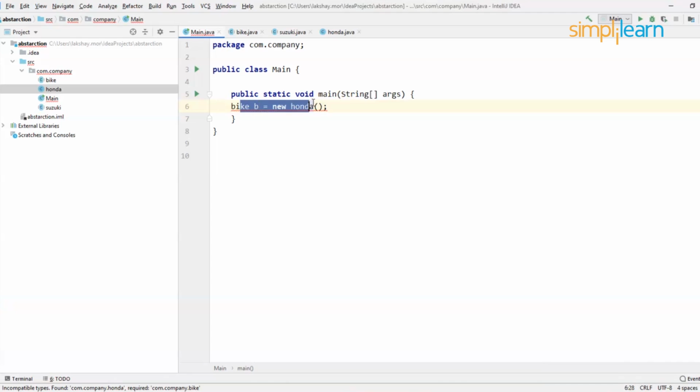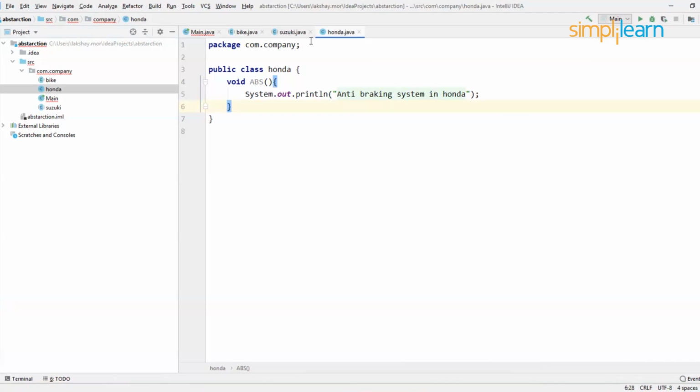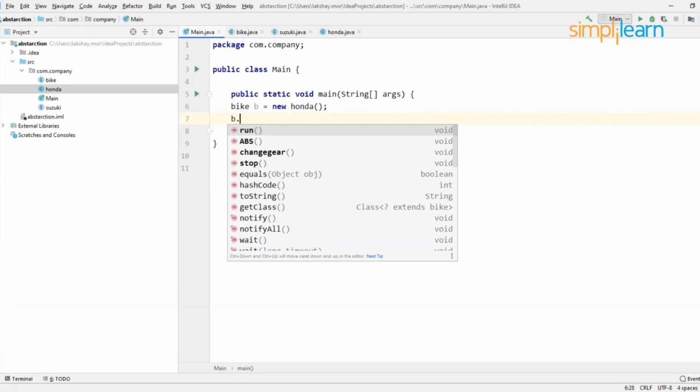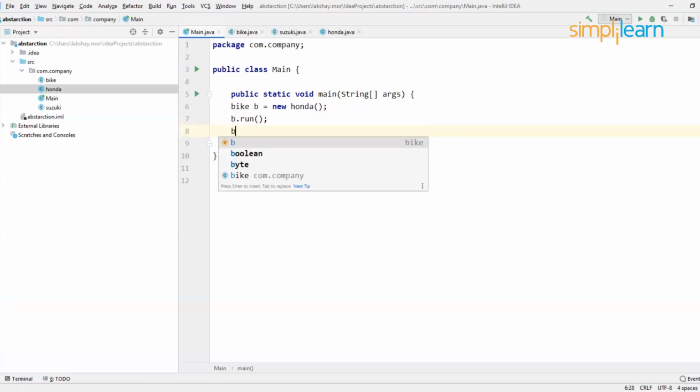Now this line is also red because I have not extended Honda to Suzuki or bike. So as per Honda, I'm gonna extend it to Suzuki. And yeah, if I go to the main program, now it's all fine because Honda has inherited properties of Suzuki as well as bike. So after I create objects, once I use it like b.run, then b.abs,